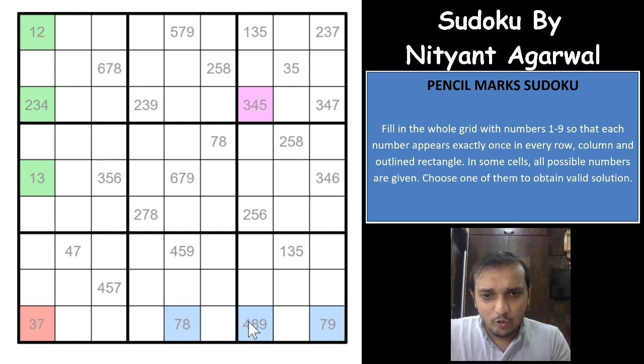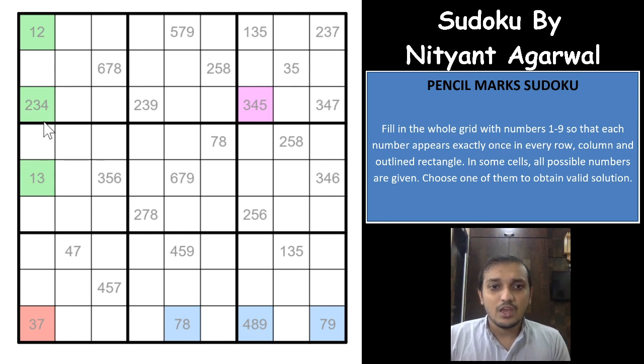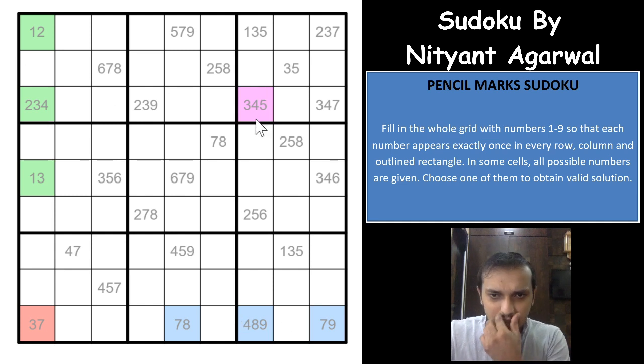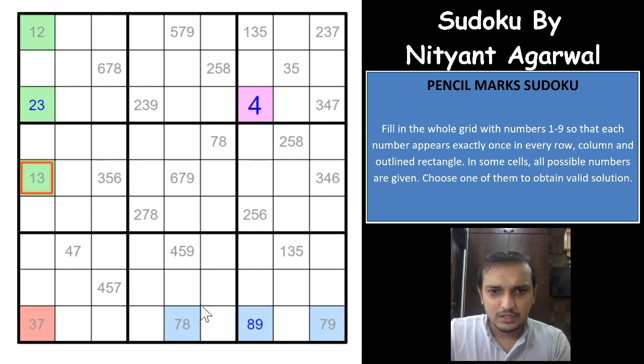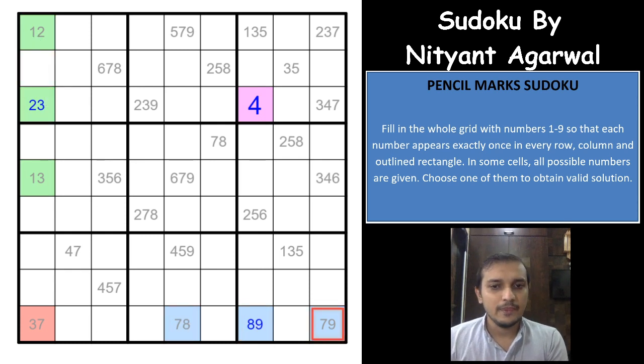Because if a 4 is eliminated from both of these cells. And how can we eliminate a 4 from both of these cells? By having a 4 here. Because both of these 4s are seeing this cell simultaneously, right? So what happens if you have a 4 here? Let me show you with the Sudoku here. What happens if you have a 4 here? The moment you have a 4 here, 4 is eliminated from here and here, and you have a 1 2 3 triplet here and 7 8 9 triplet here, and that eliminates both of the possibilities from this cell.